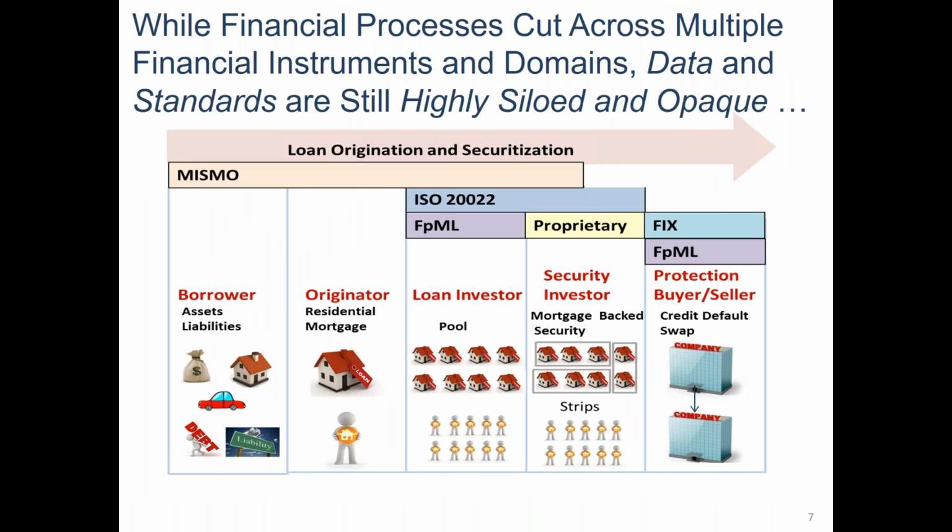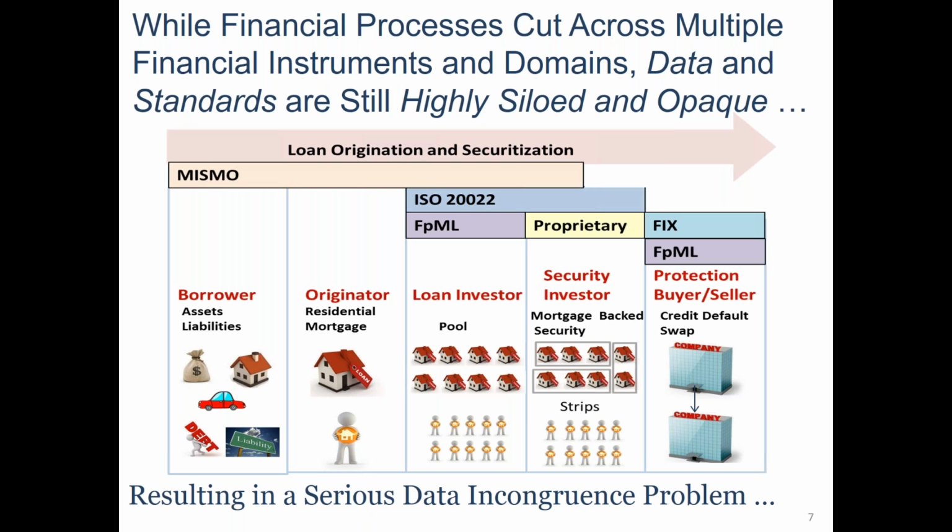But when we look at these financial processes across the financial industry, you can take loan origination and securitization as an example. You can see that this can be vertically partitioned in terms of standards that we already have today, such as MISMO, ISO 20022, FpML, FIX, etc. The challenge here is that even though we have many standards in finance, those standards themselves are often siloed and not interoperable. But our processes require interoperability in order to really identify the risk across these processes and ultimately to better support the customers. However, having these proprietary and siloed standards in many ways results also in a serious data